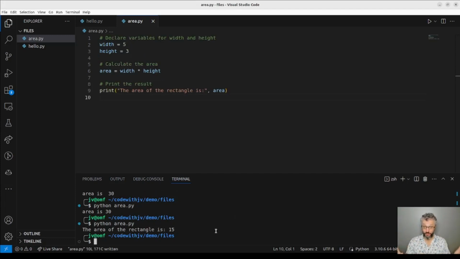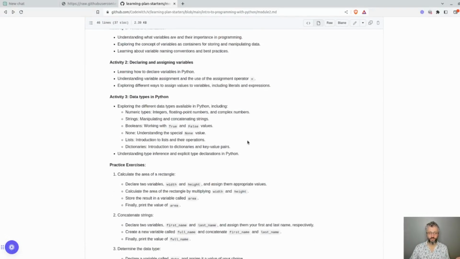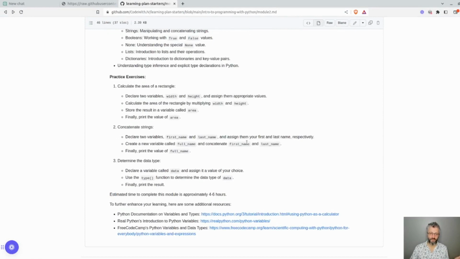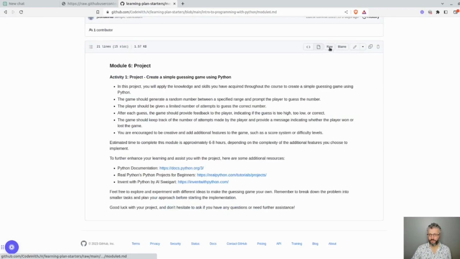So two different approaches depending on how thorough you'd like to be or how quick you'd like to go through the material. Often I find it's useful to look at the human readable version of the curriculum just to remind myself of where am I and what am I looking at, etc. If you're going through quickly, the thing I would suggest aiming at would be, let's do this guessing game. If you look at this, raw